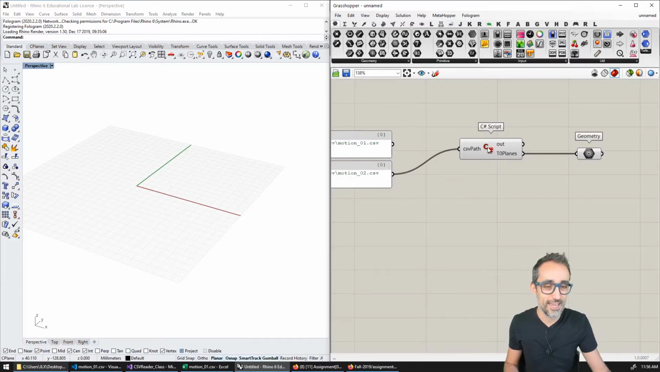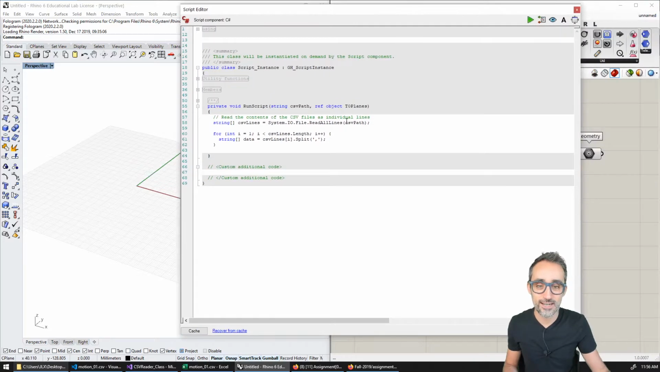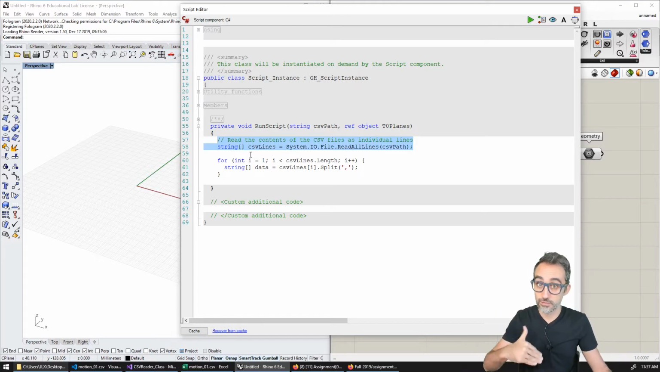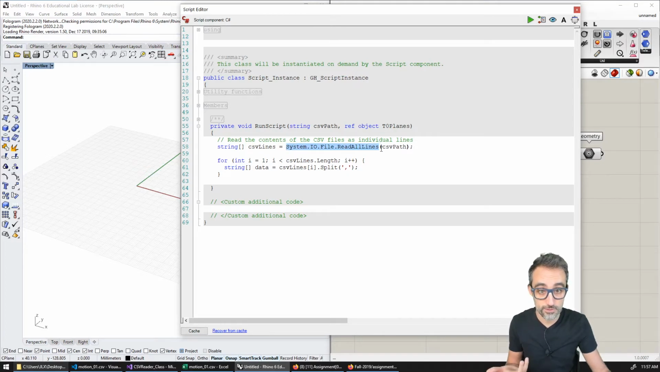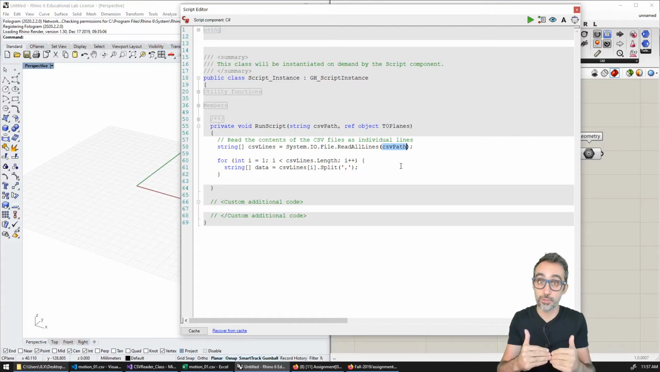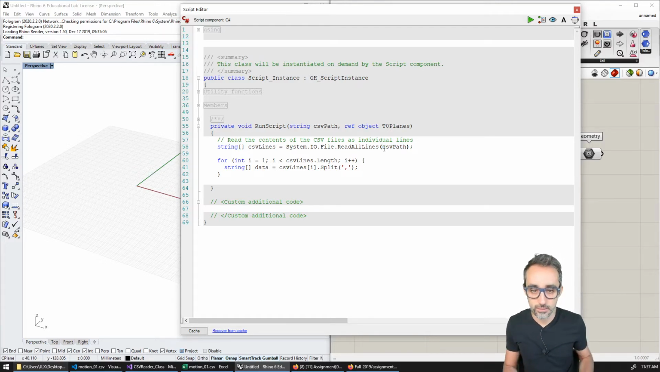I don't know. And then if I double click here, you can see that I've already entered some code. So for example, I am reading the contents of that file that is coming in by using the system file read_lines function and taking the CSV path that is coming into the component as an input. And then here in